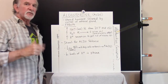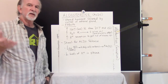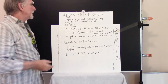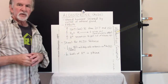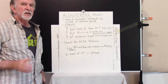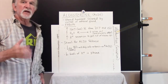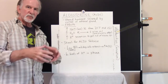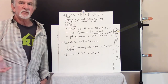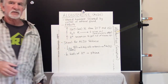I did want to mention just a few things about aldosterone because it does have functions associated with the kidney. Aldosterone is abbreviated ALDO, and it is a steroid hormone secreted by the cortex of the adrenal gland. That's the same area of the adrenal gland that secretes cortisol. Remember that epinephrine comes from the medulla, or inner portion of the adrenal gland. So aldosterone is a steroid hormone secreted by the cortex of the adrenal gland, and it has several effects associated